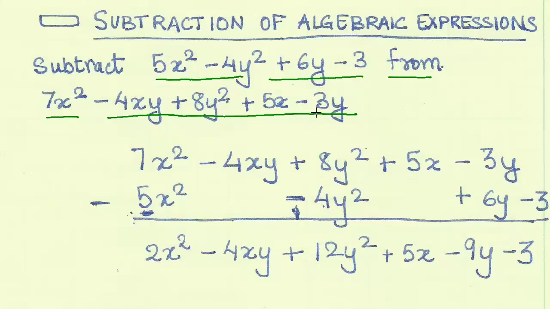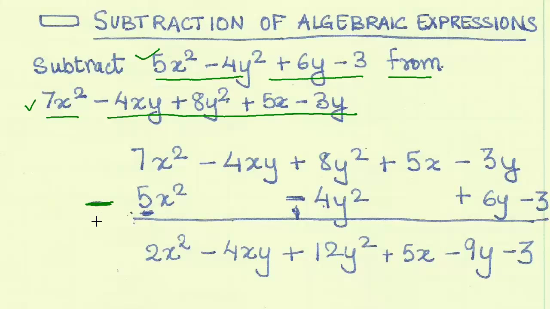Now we proceed in the same way as we did for the addition. We have to subtract the first one from the second, so we will write this one first. We have written it over here as 7x square minus 4xy plus 8y square plus 5x minus 3y. I have written it in the same way. Now the next and important step: because it is subtraction, remember to keep a negative sign over here,